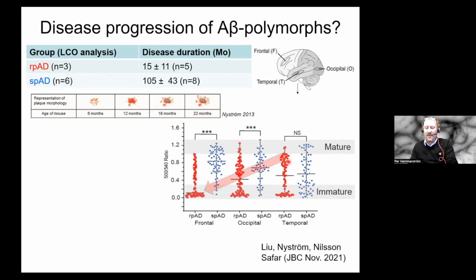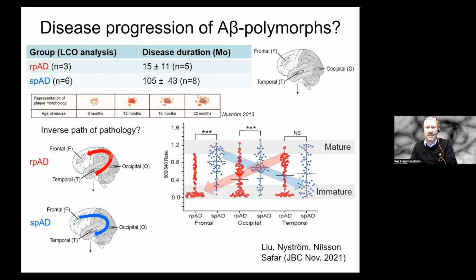the rapidly progressing Alzheimer's disease seems to have more mature plaques in the temporal lobe, less in the occipital lobe, and quite minor amounts of mature plaques in the frontal lobe. But in the slowly progressing Alzheimer's disease, there are more mature plaques in the frontal lobe, sort of intermediate in the occipital lobe, and less in the temporal lobe, suggesting that the disease progression, we would expect, of course, a